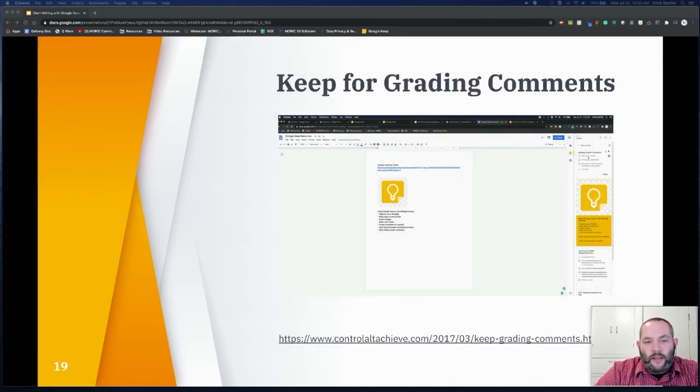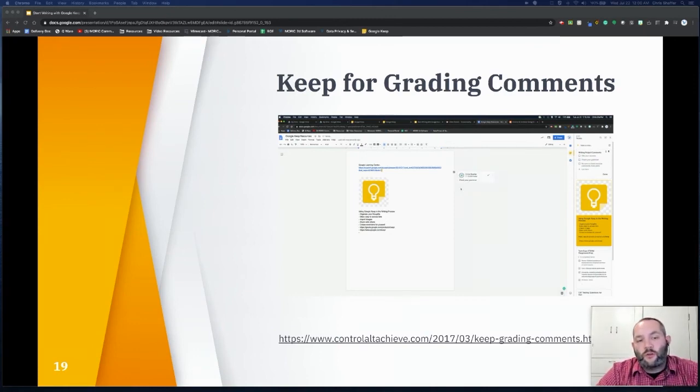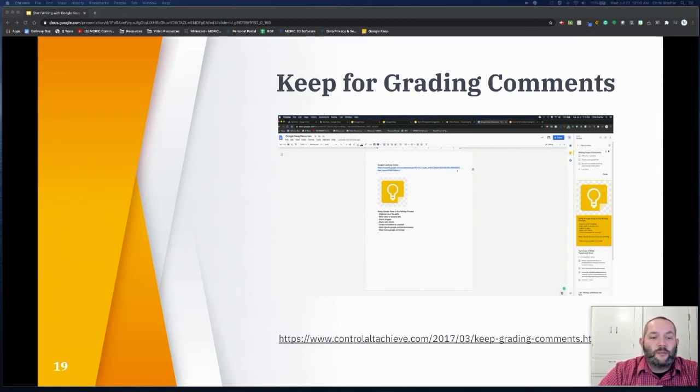The final one that I like to share with teachers is what I mentioned again in the features demonstration, which is creating a custom comment bank within Keep that you can then easily use for student writing assignments moving forward. It can be a super time saver for you when you're reading dozens of essays at a time. Don't forget that once you put in the time to create this note just once, you can use it forever on all writing assignments moving forward. So it can really help you crush those Google Classroom assignments in no time.